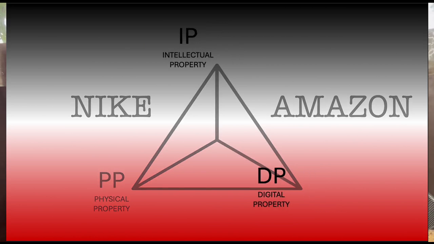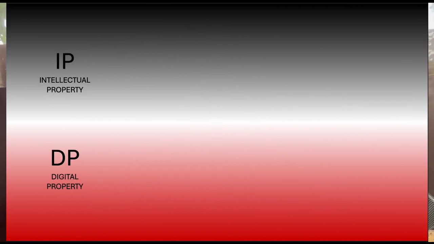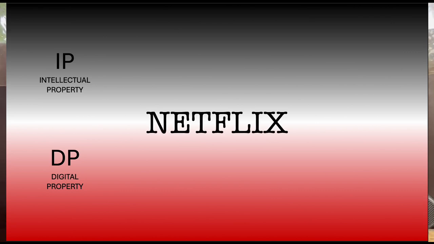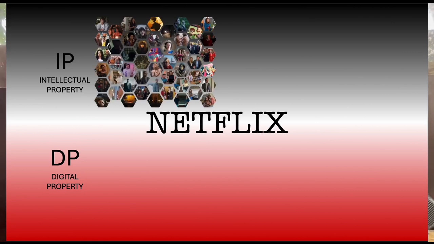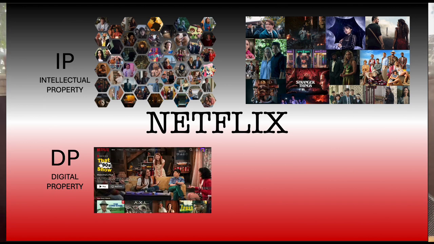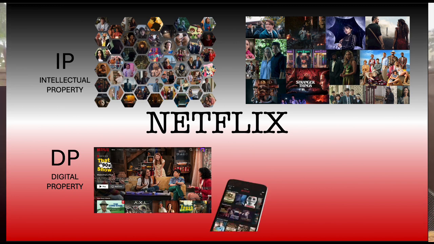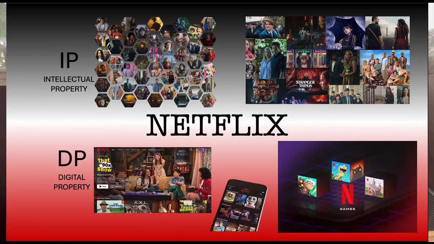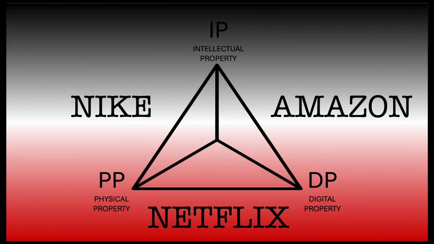An example of intellectual property and digital property being leveraged together as a combination is Netflix. So Netflix has their characters and storylines, which is IP, intellectual property. They made those characters and stories up, and they leverage this with their digital property, which is their online streaming services that you go to actually watch the movies that they create from their IP.